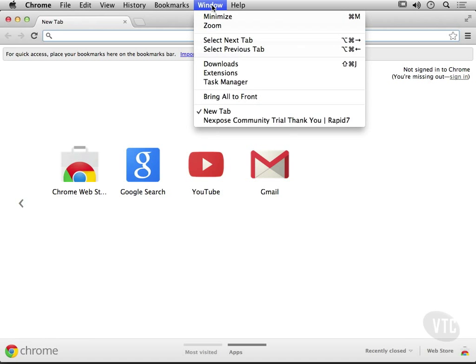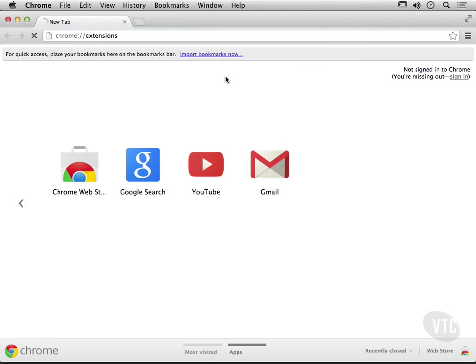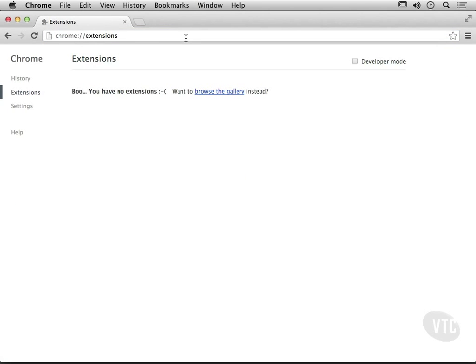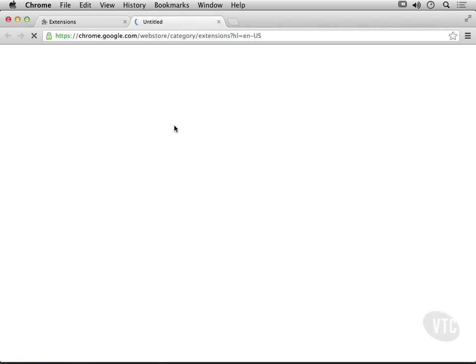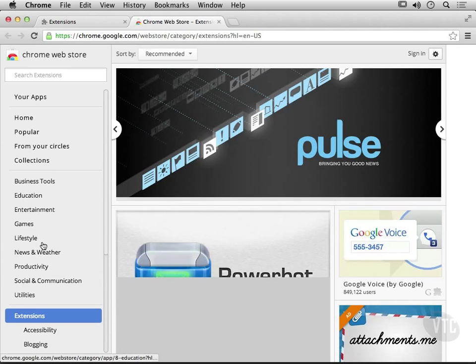So there are different extensions or plugins you can get for different browsers. And I'm going to start with Chrome here, and we're going to take a look at the extensions that Chrome has available. So I'm doing this on a Mac at the moment. The extensions for Chrome are really supported across the different platforms. So in this case, I don't actually have any extensions on here, and I want to go browse the gallery, and that's going to bring me up to the web store for Chrome